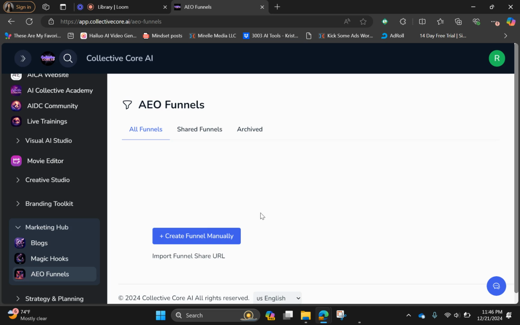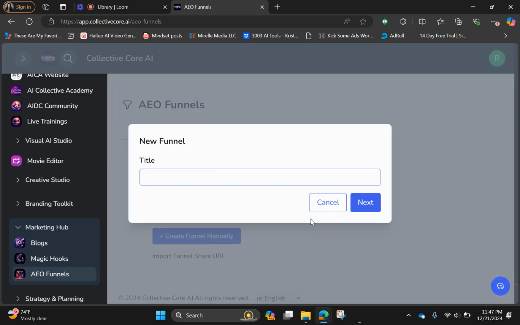And if a person asks ChatGPT that, for example, ChatGPT will suggest my business, right? Because it has specific keywords in the back end of the funnel that I don't even have to worry about because it was created for me, right? Based on the information that I gave it.